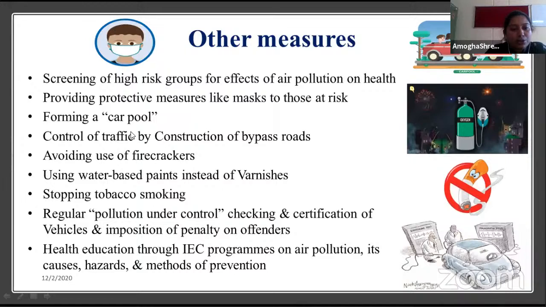Then we can use a carpool method instead of going alone in a car. And also we can use a cycle to go for a shorter distance. Then control of traffic, that is by construction of bypass road. Then avoiding use of firecrackers or using green crackers. Then using water-based paints instead of using varnishes, as it may cause cancer. Then stopping tobacco smoking. Regular pollution under control checking and certification of vehicle, and imposition of penalty on offenders,